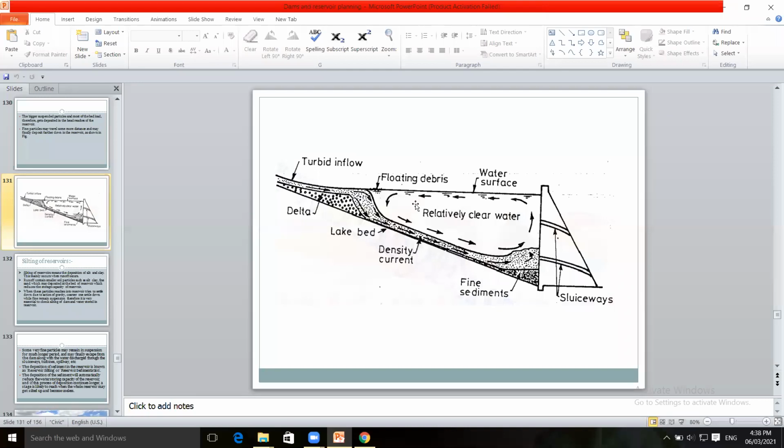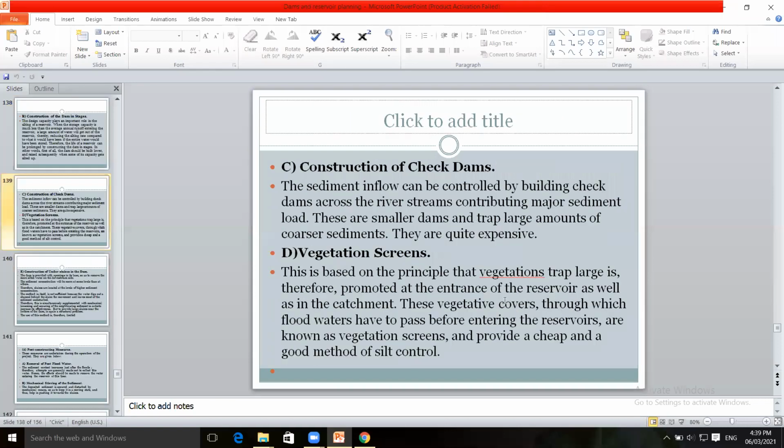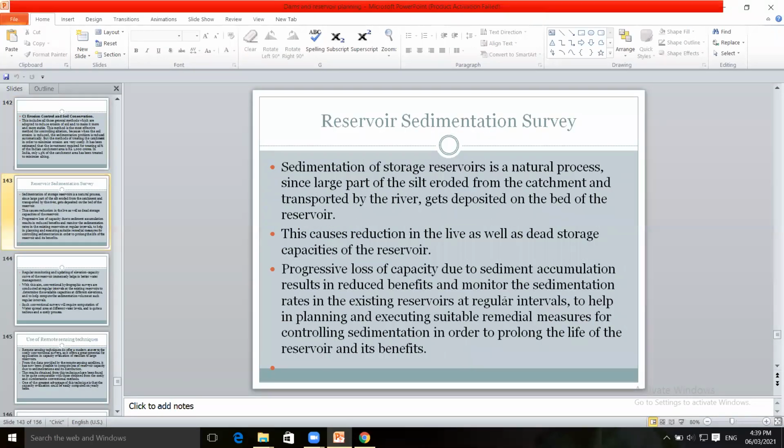The movement of the particles is kept continuous, and they are allowed to enter through this sluice way, and those particles are deposited on the downstream side of the reservoir. They are not allowed to accumulate at the bed of the reservoir. समजलं? This is by using some mechanical equipment, continuous steering of the particles, the sedimentation can be minimized.